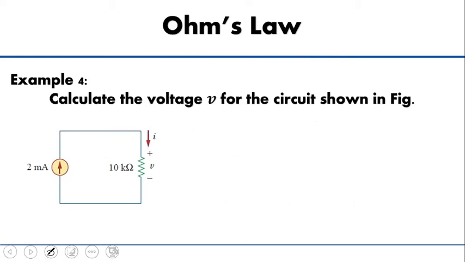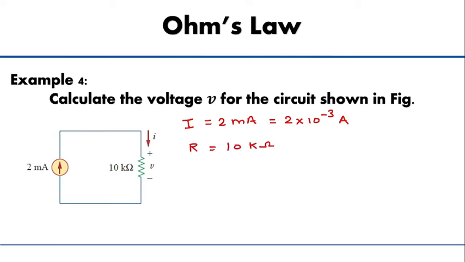And example number 4, calculate the voltage V for the circuit shown in the figure. Here, the current source is given with a value of I is equal to 2 milliampere, which is equal to 2 into 10 power minus 3 ampere, and the resistance R is given as 10 kilo ohm, which is again equal to 10 into 10 power 3 ohm. And we need to find out the voltage V